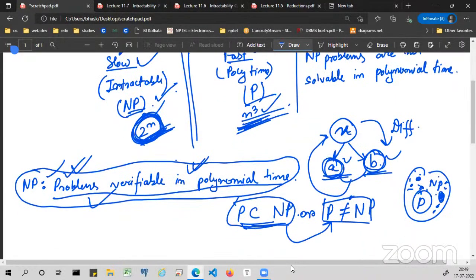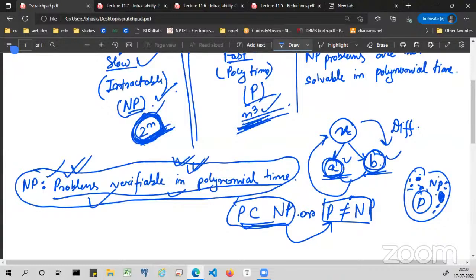So this is more important from your exam point of view. So please ask your doubt over here, whether this definition and why P is a subset of NP, basically, it is said. Is that part clear? Okay, so this is the definition of NP, and on the basis of that, we are telling that P